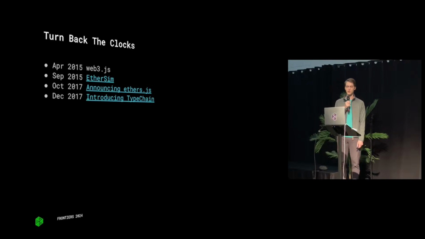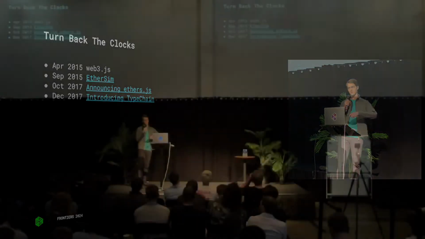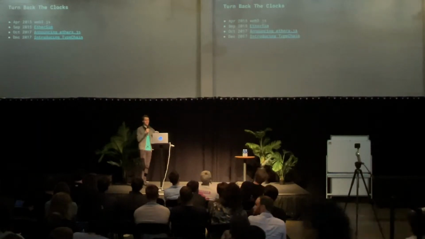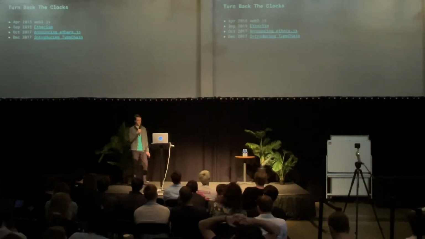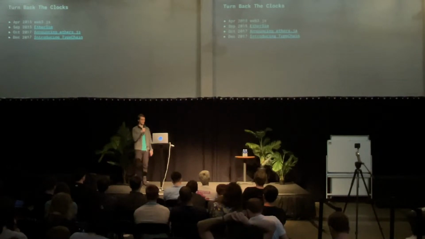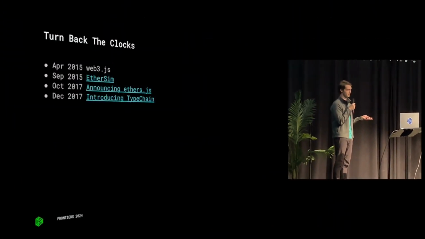And then on top of that, there was TypeChain, which, TypeScript has been around for a few years at this point, and a bunch of JavaScript developers are starting to realize that strong types are pretty great. And so TypeChain made it a lot easier to take your ABIs with your contracts and spit out a typed SDK, which you can then use to call whatever functions or listen to events. It introduces a degree of precision and correctness that didn't really exist in the JavaScript world before. And especially with Ethereum, it's kind of dangerous. You might pass a value that is much larger than you want for a number and transfer things incorrectly.